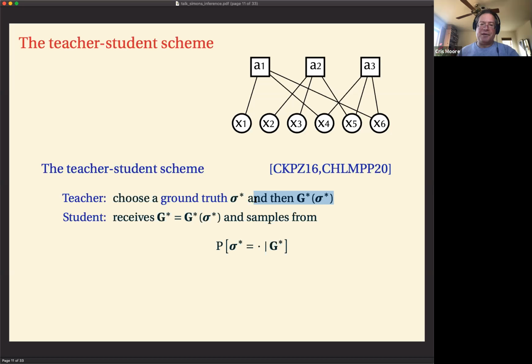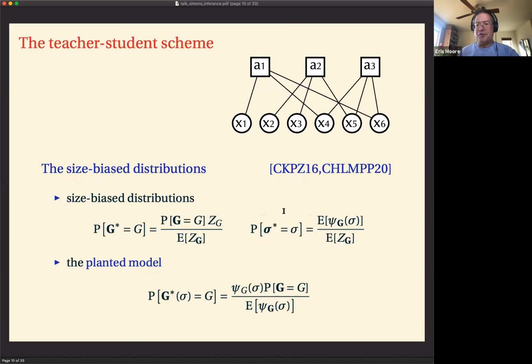And putting it differently, I guess this size biased prior on sigma has the property that if I choose from that, generate a planted graph from that, and then infer sigma, the distribution on sigma is a fixed point under that process of generation and then inferring it. Whereas the uniform distribution on labelings or colorings would not in fact be exactly. That's right. So that's one reason why I don't like the assortative model so much.